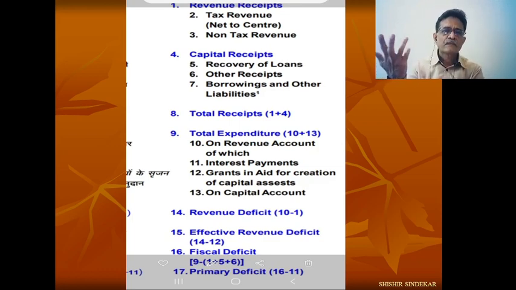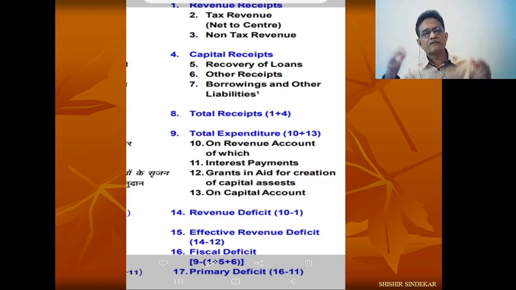So in this way, just to increase their size of receipt and to reduce the expenditure or the revenue deficit, they can do such things. So revenue receipt, capital receipt, that will come to the total receipt, and similarly total expenditures, revenue account, capital account,